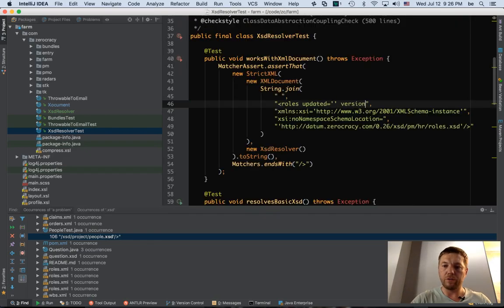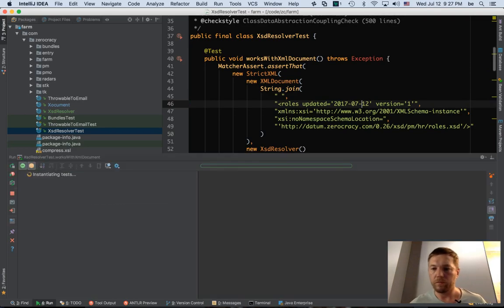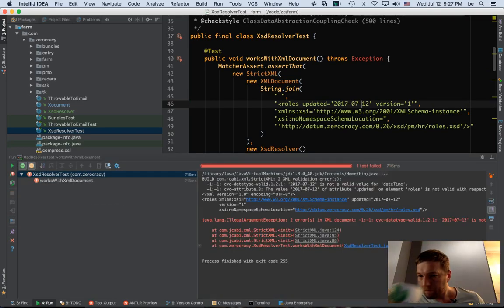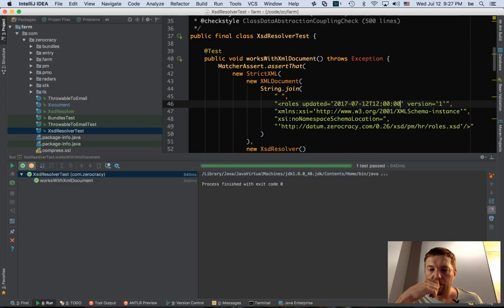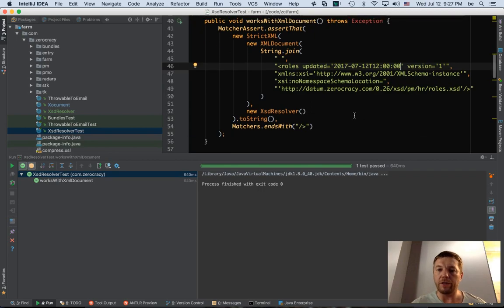Updated and version, because it complains about that. Let's put 2017 07. Today is 12. Just some date. Let's run it again. Okay, date is not valid. It didn't crash. That's really weird.